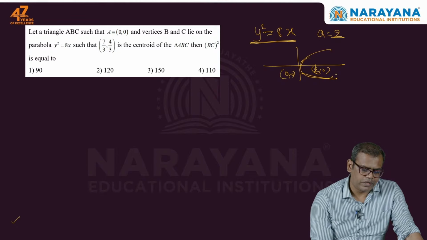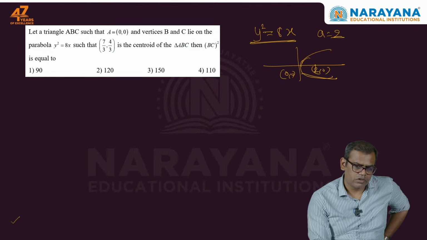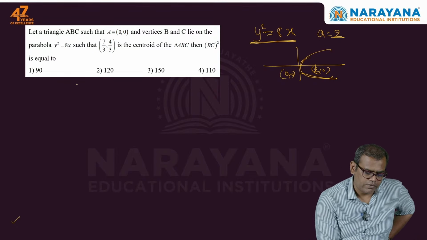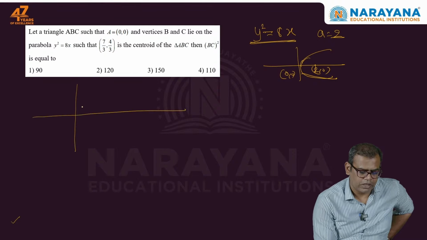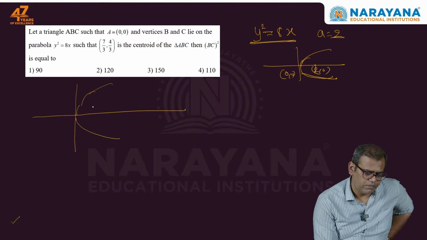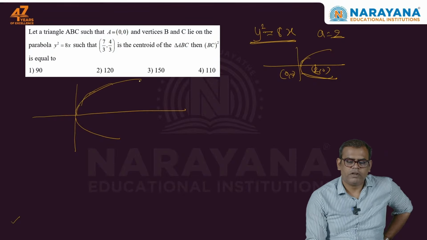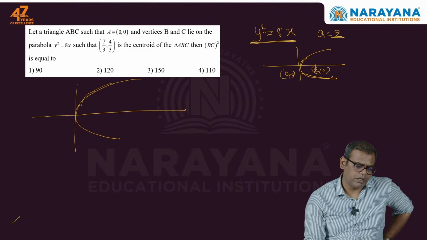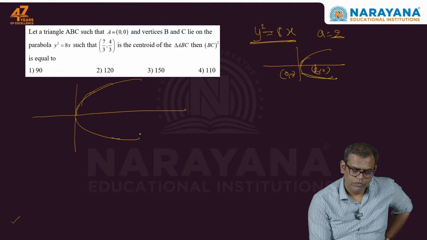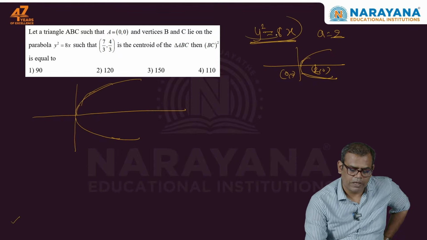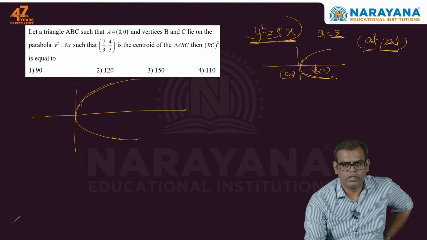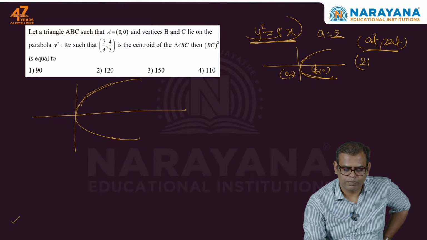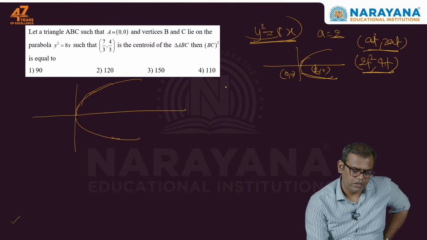Saying the triangle ABC, A is also on the parabola, right? Because A is the vertex, A is 0, 0, that is the vertex of the parabola, and B and C we don't know where they are, but it's saying the vertices B and C lie on the parabola y square is equal to 8x. So in this we know the parametric form of the parabola is (at square, 2at), any point on the parabola in parametric form. Here a is 2, so parametric form will be 2t square and 2 into 2 is 4, 4t, right? So consider coordinates of B is